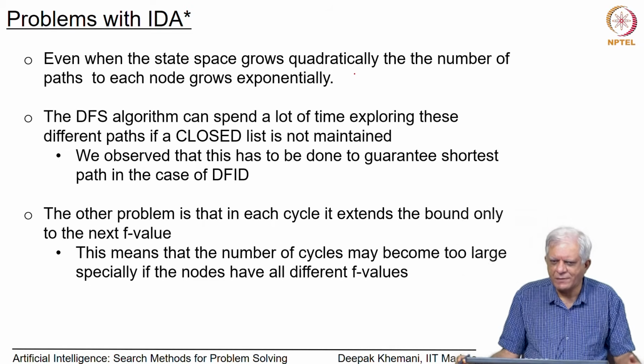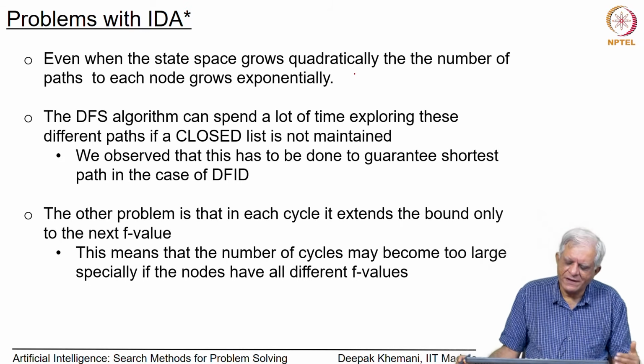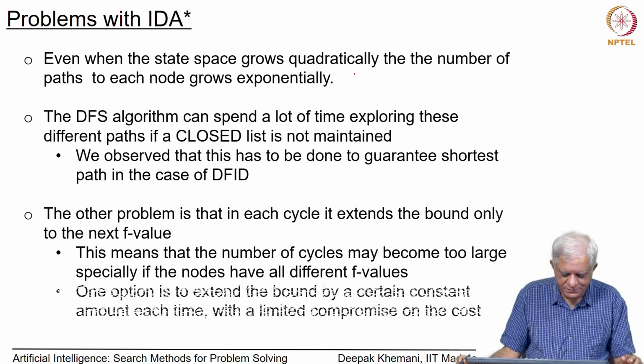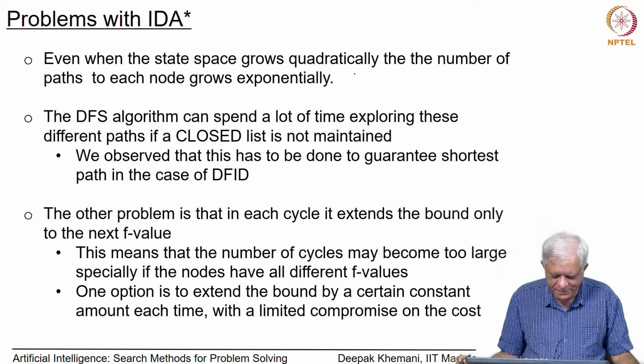So, this is a major problem with IDA star, and we have had students who have implemented IDA star and they have observed this behavior: the number of cycles which happens in a randomly generated graph can be quite large essentially. So, one option that we can look at if you are implementing IDA star, because after all IDA star has the advantage of giving you linear space,